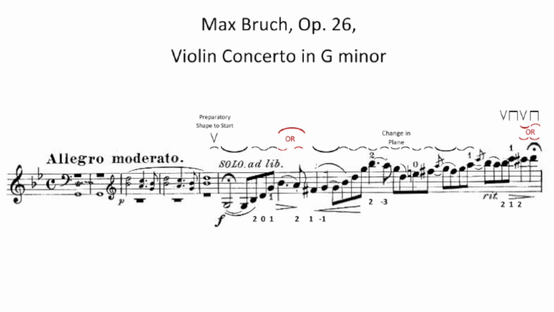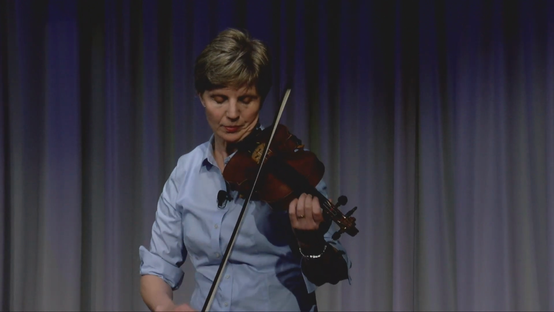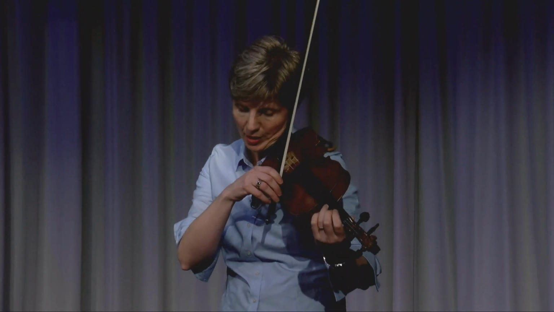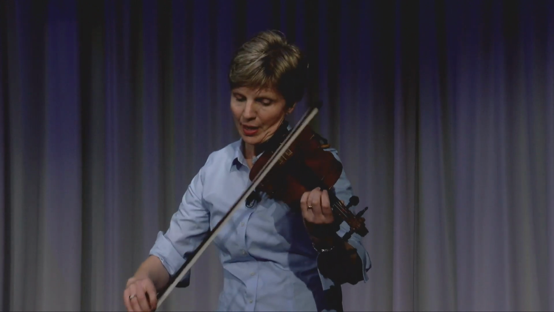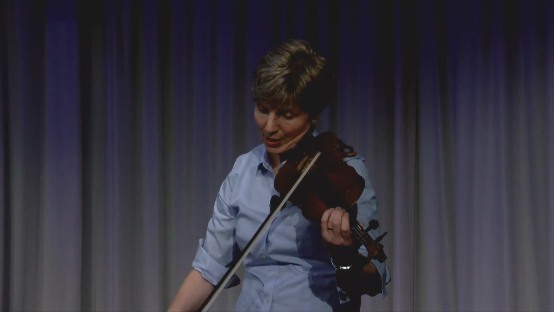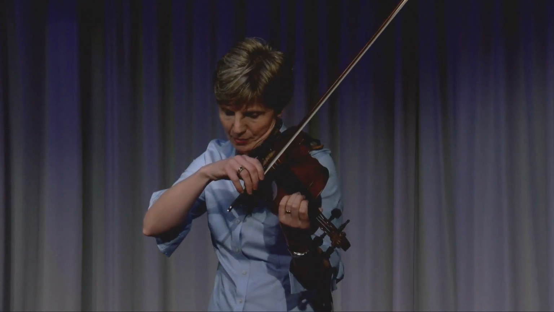The G slurred to the D are interesting because the G needs to sound as the arrival. So an under shape feels better. The little under shape can change planes getting us to the D, which is then a tiny over shape to get us back to the open E string. Here it is. Under, over, under. Here's the change in plane, which gets me to the D, and then over. If I put that together,